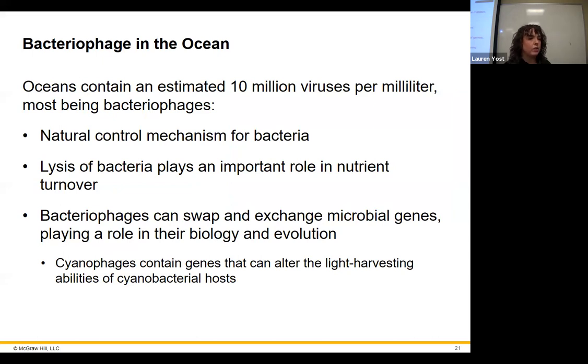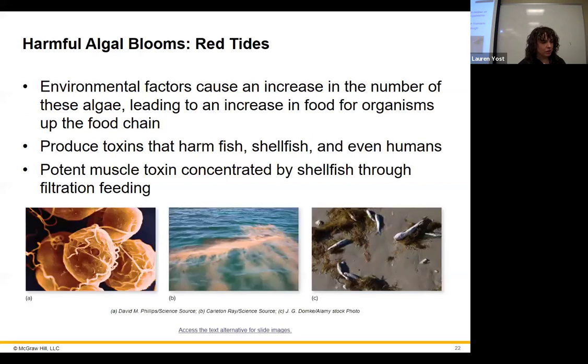In bacteriophages, we found there are 10 million viruses per milliliter in oceans. Now, 10 million viruses per milliliter. I don't know if you guys know this, but a milliliter is a very tiny amount, okay? It's a cc. If you guys worked in a hospital, then you know what a cc is. It's a cubic centimeter. So if that doesn't make it clear, let's literally make a cube out of centimeters. That's a milliliter. There are 10 million viruses, man. That's a lot. But yeah. So there's a lot of stuff going on in the ocean that has nothing to do with healthcare really as much. It's cool, but I don't know.